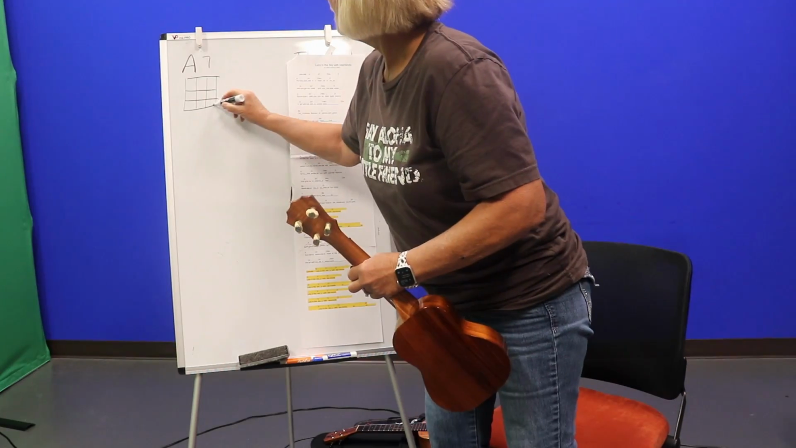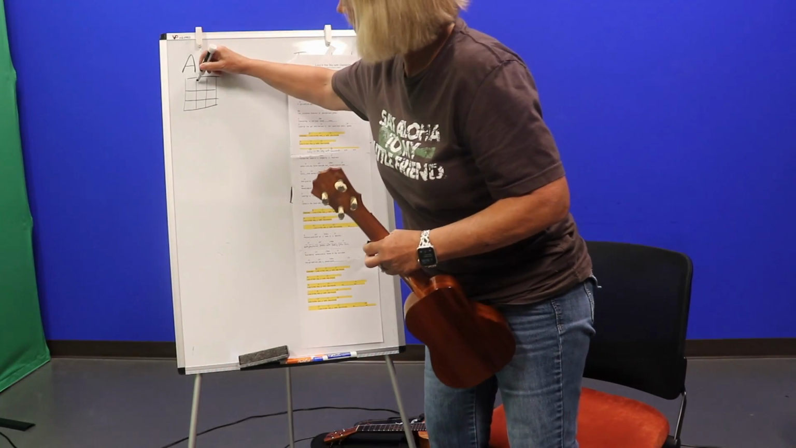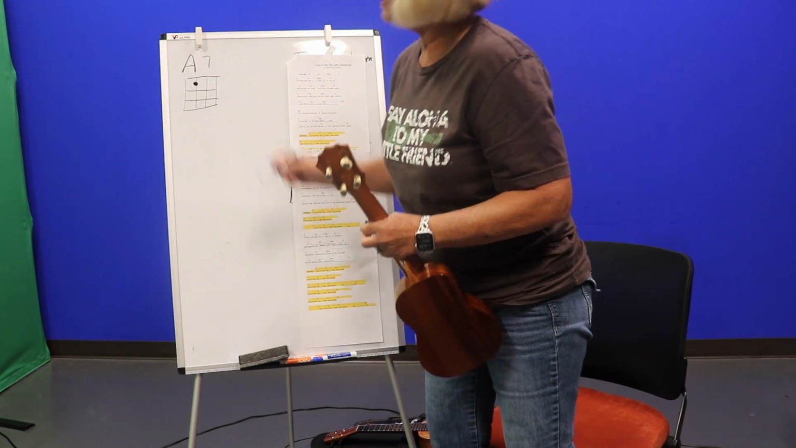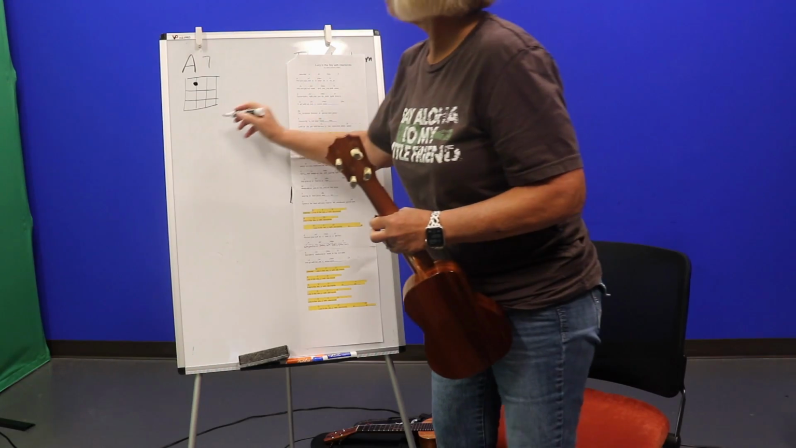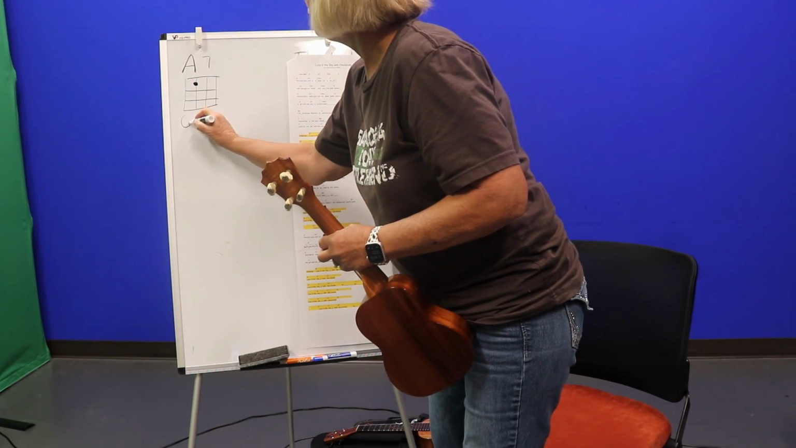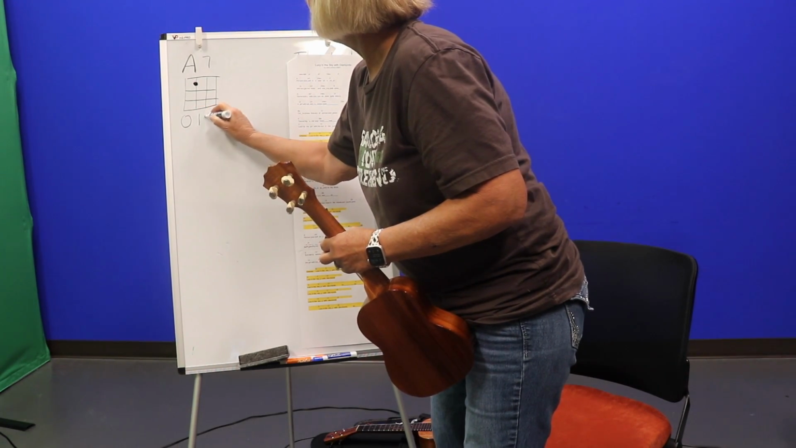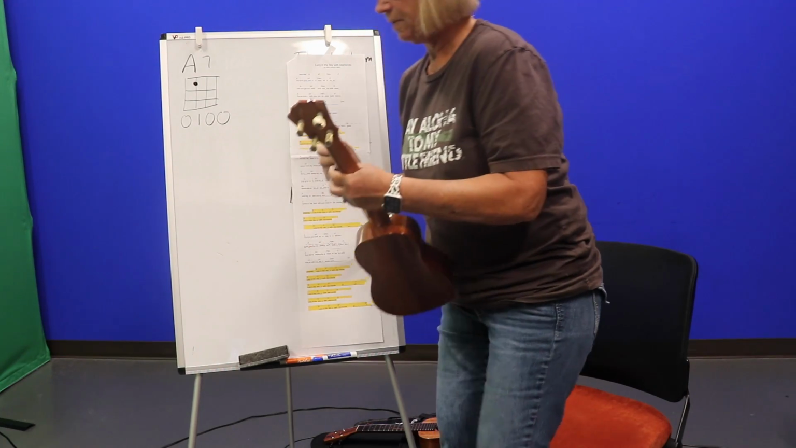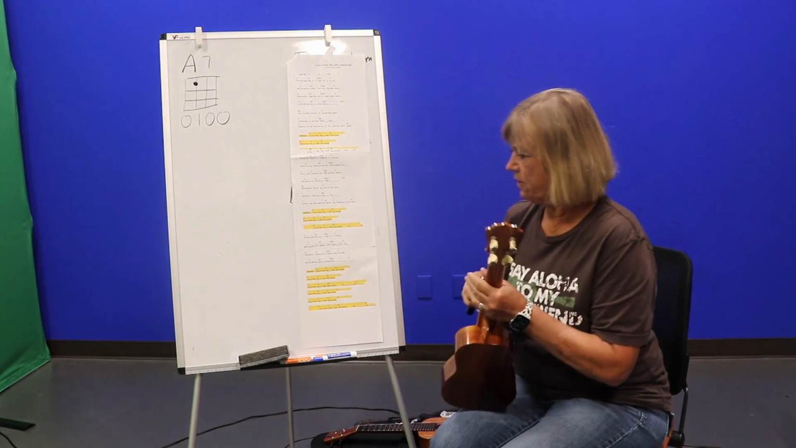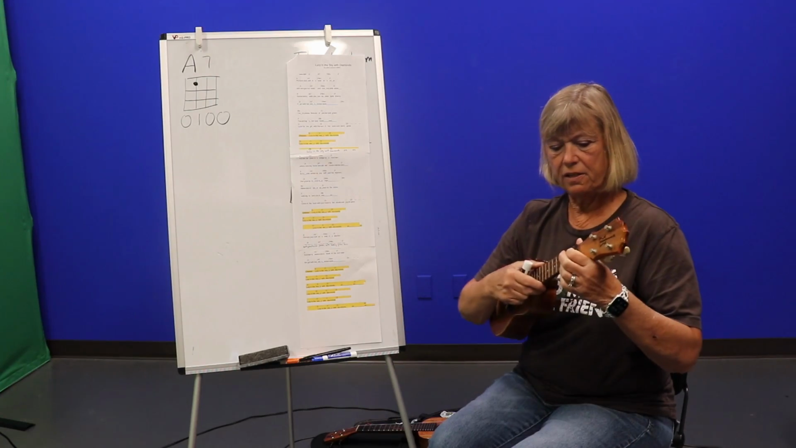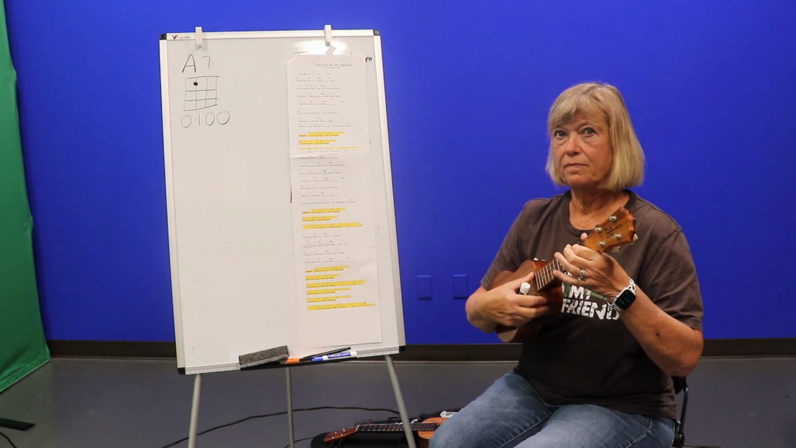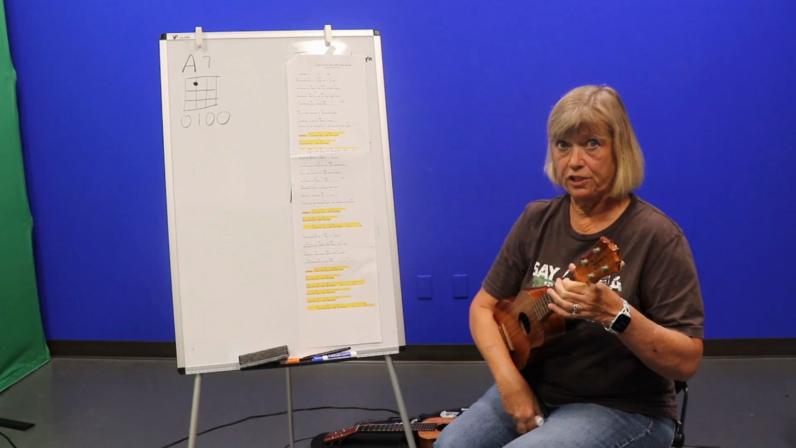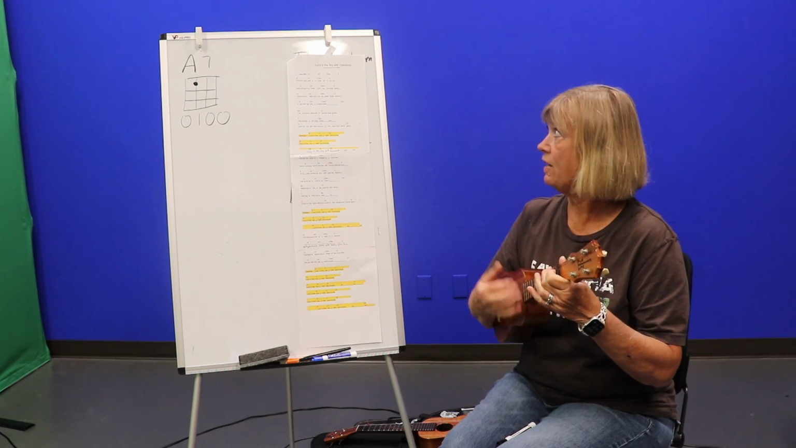A7. It's a very easy chord. That is your A7 chord, which writing it down as numbers looks like 0, 1, 0, 0. So it plays like this. And again, it's the jazzier version of the A chord. So if you're playing this song, it kind of goes